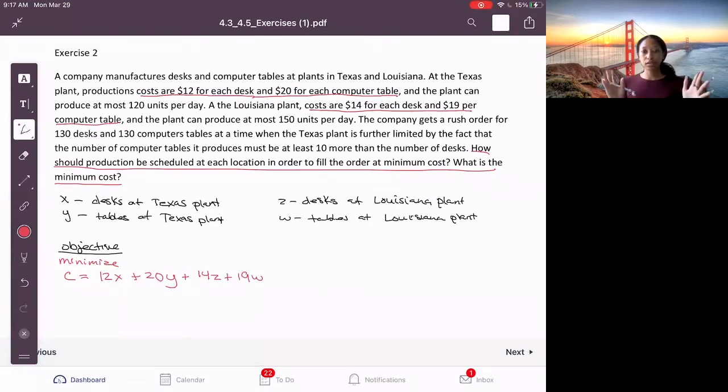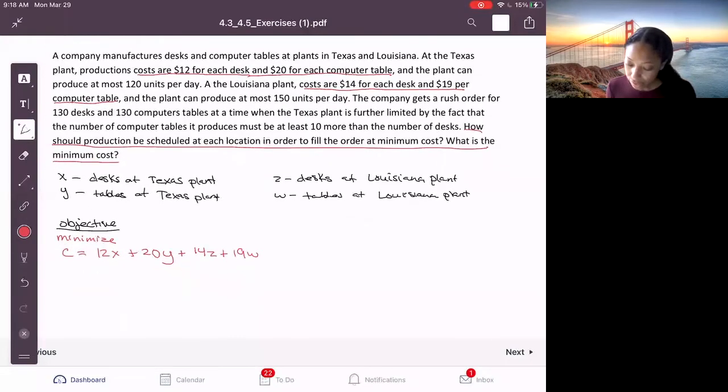So we have 4 unknowns here. I think we have it all highlighted correctly. 12 times the X, the number of desks from Texas, 20 times Y, the number of tables from Texas, 14 times Z, the number of desks from Louisiana, and 19 times W, the number of tables from Louisiana. All right, now that we have that information,